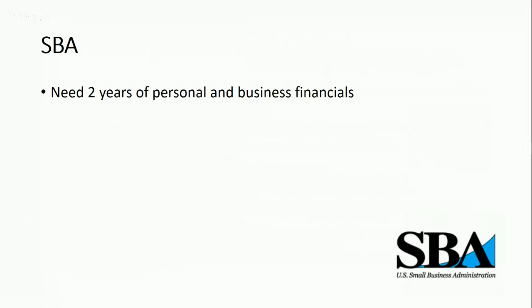to get a bank loan. You go to a conventional bank. And at the conventional bank, then what will typically happen is SBA will then guarantee or insure that loan in case you default. And to get approved for these are some of the hardest to qualify for, because you've got